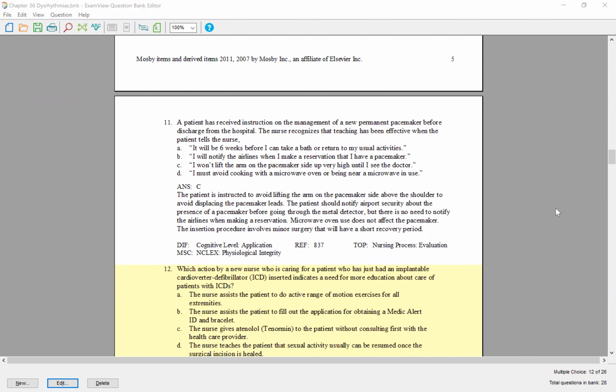Because you can't move the shoulder or the arm on the side where it was implanted right away? Because he had just had it put in, right? And on the table, this is contraindicated. It says there, follow activity restrictions, and this is one of them, until told to do so by the surgeon. All right, so let's try